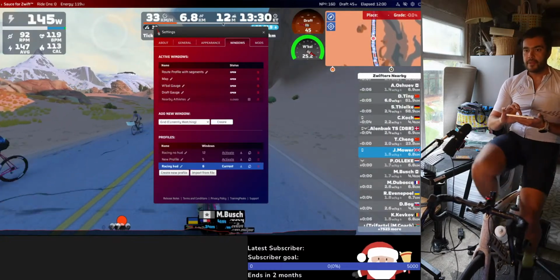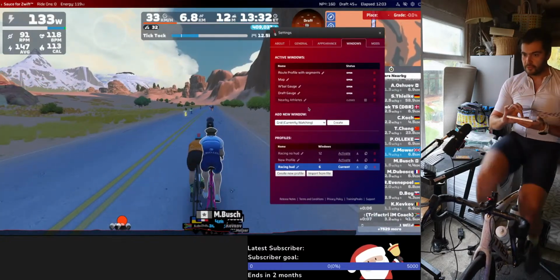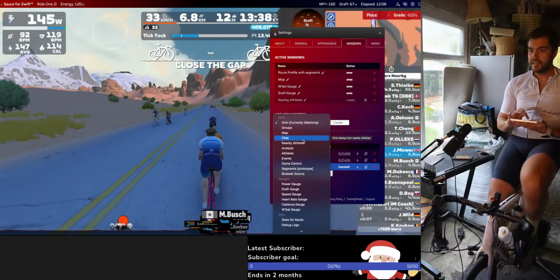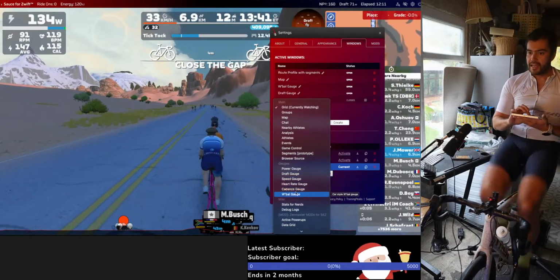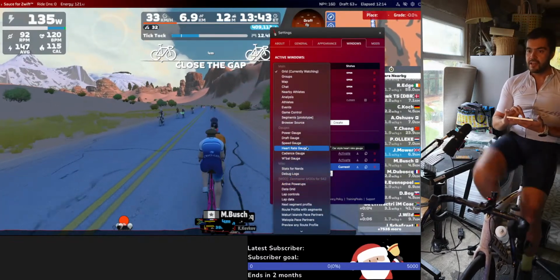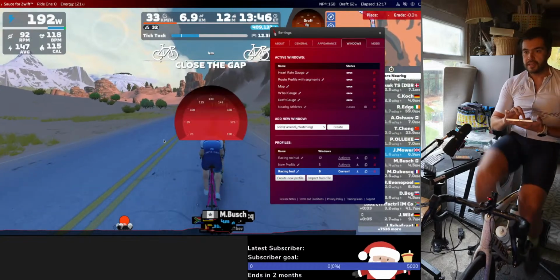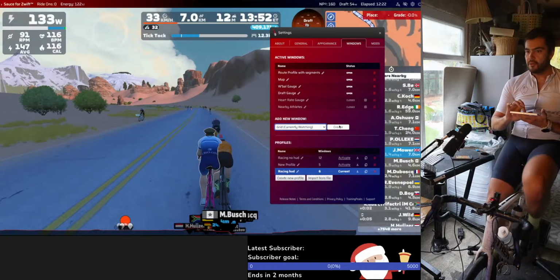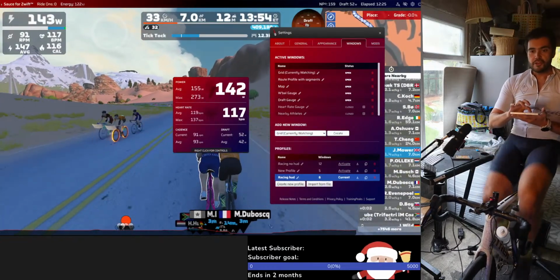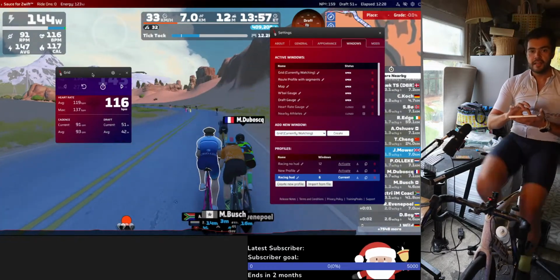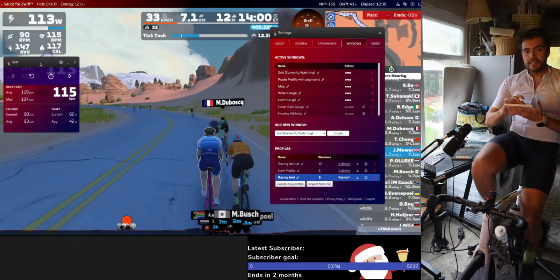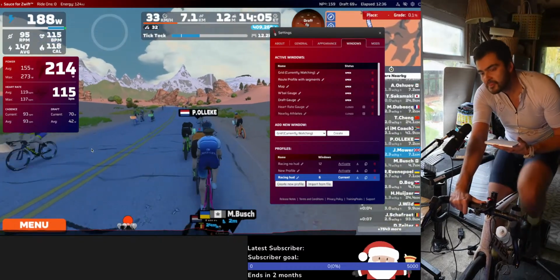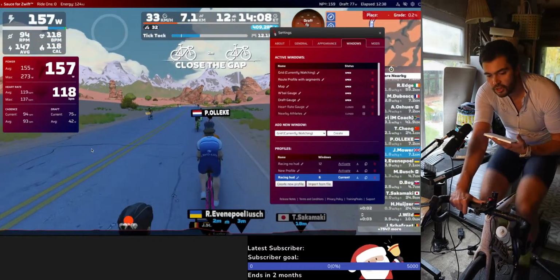You can get different windows and stuff which, if you want to put on, is quite cool. So if you're doing Zwift racing, it's pretty useful to have. I can have power gauges, speed gauges, heart rate, all that stuff. But if you put a heart rate gauge up, for example, oh maybe not this one, that's not very interesting. Or if you put a grid on, like this, it tells you far more detail than the standard Zwift one does. You've got your minimums, your maximums, whatever you want really. So depending on how much you use Sauce,